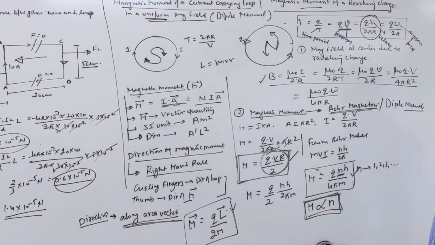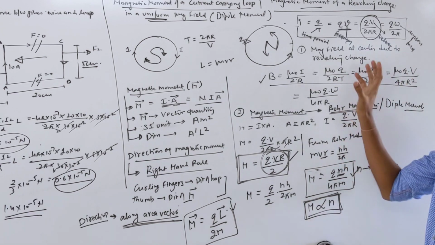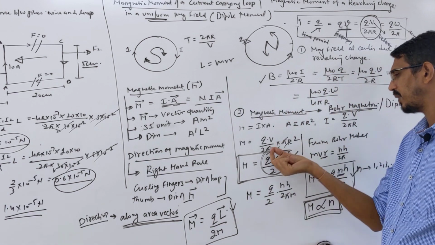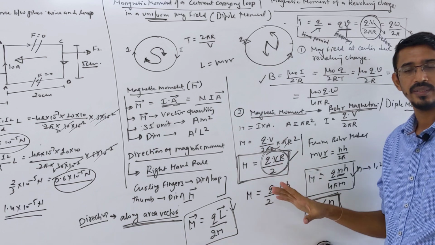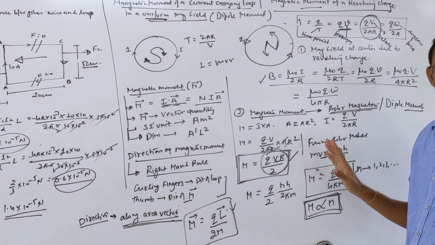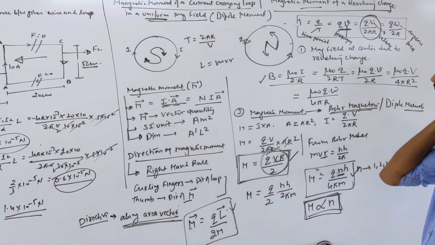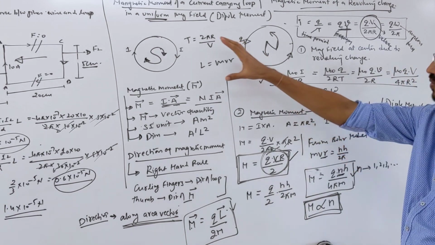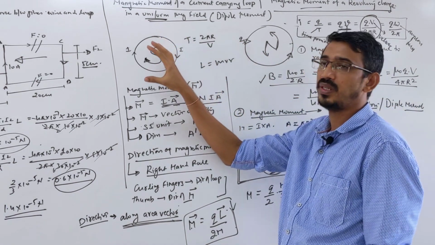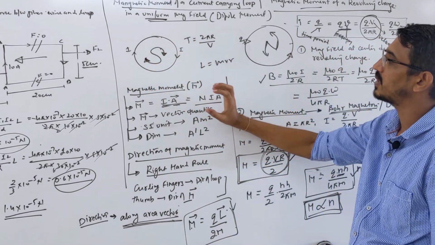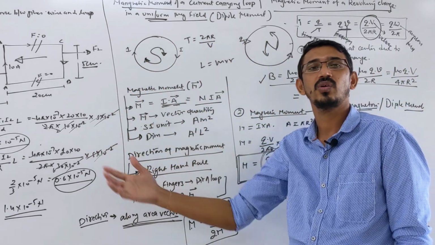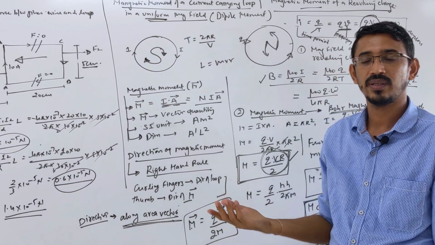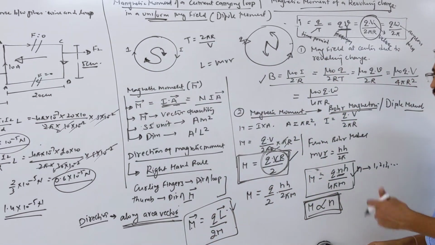So I have discussed what a magnetic moment of a revolving charge is. Generally they talk about an electron here. I am putting q, you put e there, but they can ask for any charged particle. Now I will talk about this magnetic moment, this coil, also called a dipole moment, placed inside some external magnetic field, and what torque it experiences. We'll talk about torque, work done and these things.